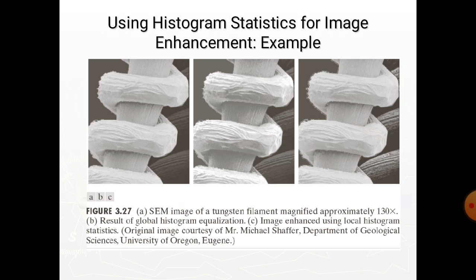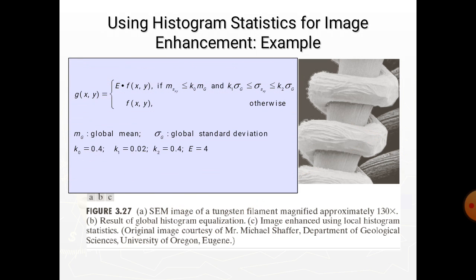So we have the first element of our enhancement scheme. We will consider the pixel at the point (x,y) as a candidate for processing if m_Sxy ≤ k0 m_G, where k0 is a positive constant with a value less than 1.0. So we are interested in enhancing areas that have low contrast.